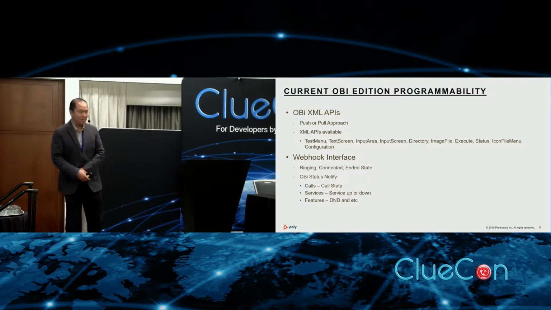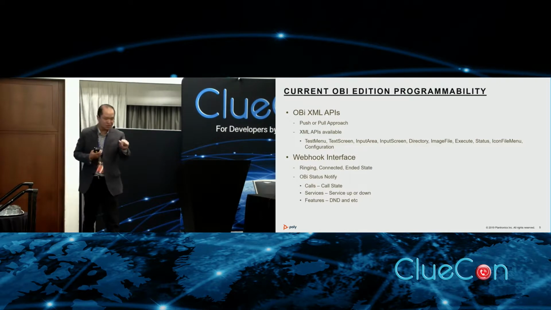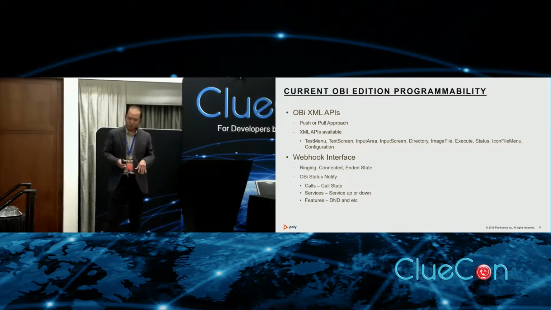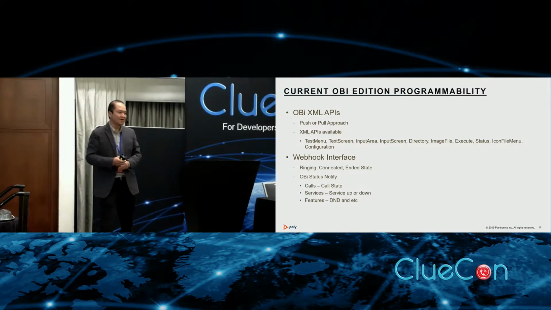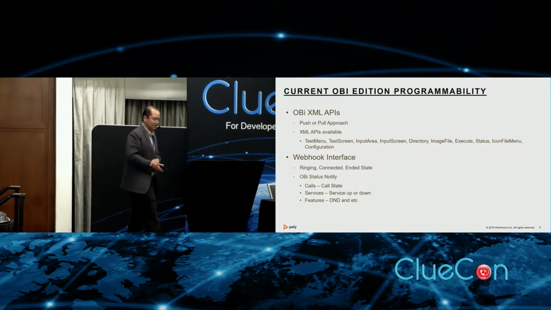As you guys are aware, many times you don't want to be the one initiating it. You don't want the user to be pushing a button, right? You want the phone to say, hey, when it's ringing, when it's connected, when the call ended, I want you to now call this webhook and do the respective action, right? And the respective action that you're able to send back to the phone could be, hey, I want you to now change the soft key to something else, right? I want you to now record the call, right? So you could actually have different types of experience sent from the cloud over to the phone via our webhook